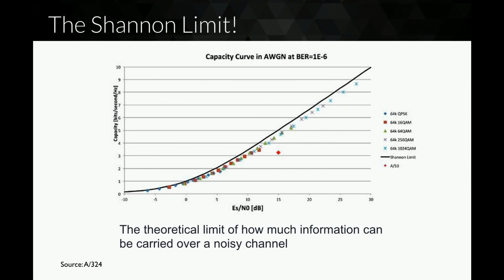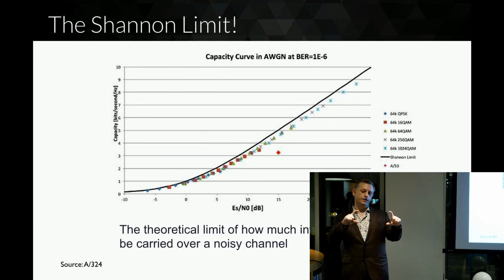Because of all the degrees of options that you have in transmitting a signal in ATSC 3.0 from the RF side, this is probably the closest we will get to the Shannon limit, which is the most optimal utilization of your scarce resource, which is spectrum, to communicate information over it.